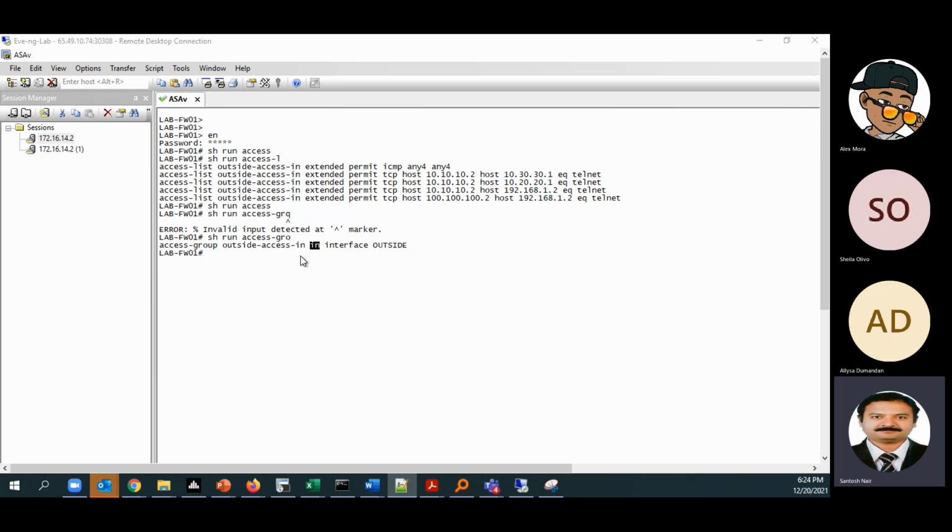I believe if there is a Firepower, it will go to that Firepower IDS, right? IDS means inspection. If not, it will go to the NAT, and then it will go to the egress interface. So if we are implementing it outbound, the traffic has to flow till the egress interface before the rule is checked. So it is always recommended to implement it inbound. Okay, this part is clear.